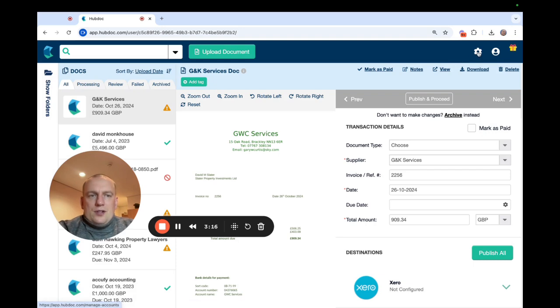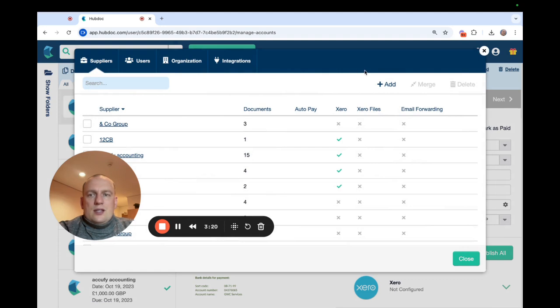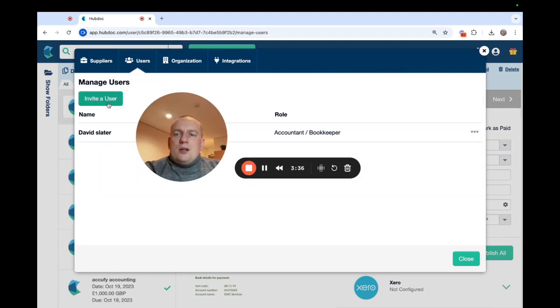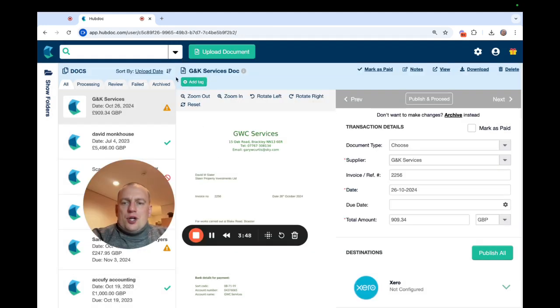Okay, the other features that are useful for property investors: if you click into this settings here, if you click on user, at this point you can invite additional users into your account. If there's more than one of you in your company, that's a useful way to add them. So what I'm going to do now is show you how you can process